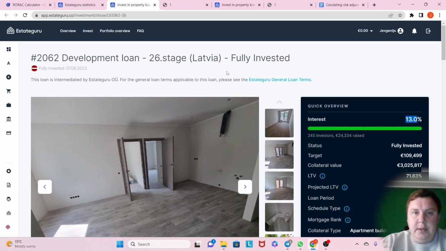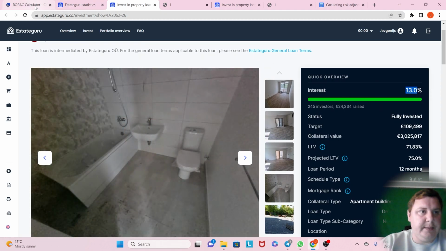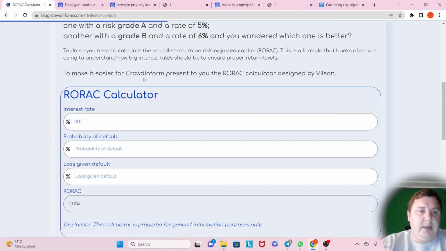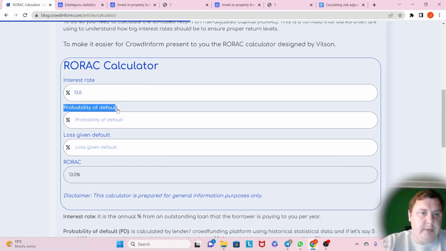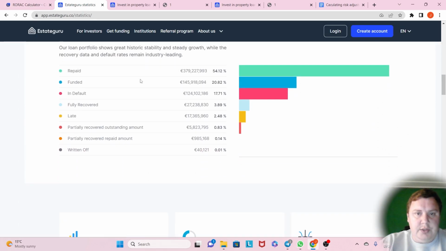So let's start. For this video I have selected this loan. Basically its interest rate is 10%, so we are putting it here. Then we need to understand the probability of default. Given that EstateGuru is not assigning any ratings, we will use the platform's defaults in total, which is